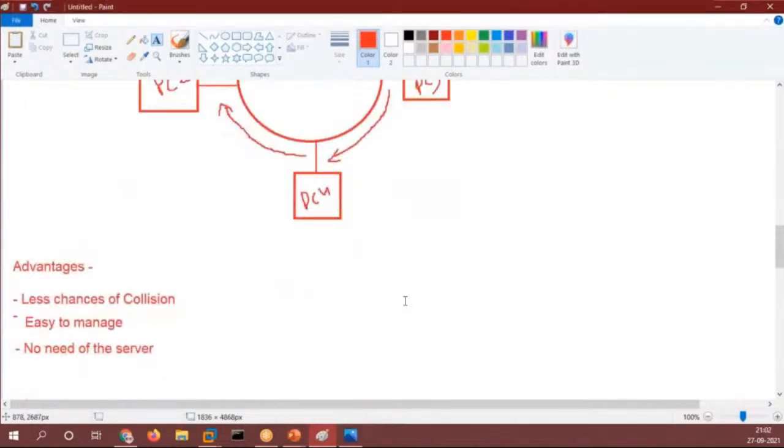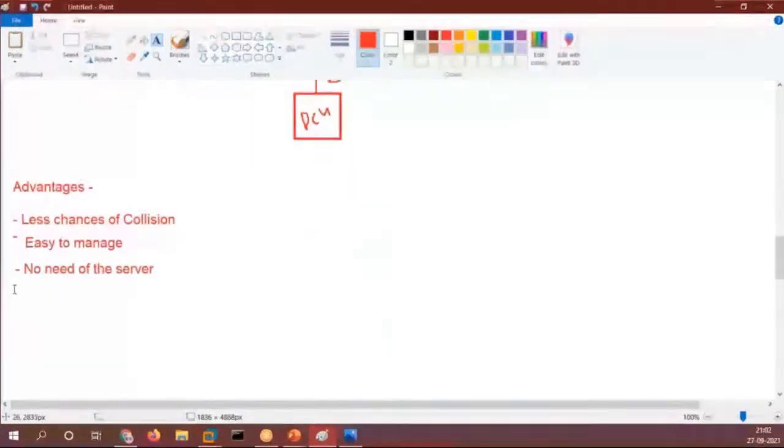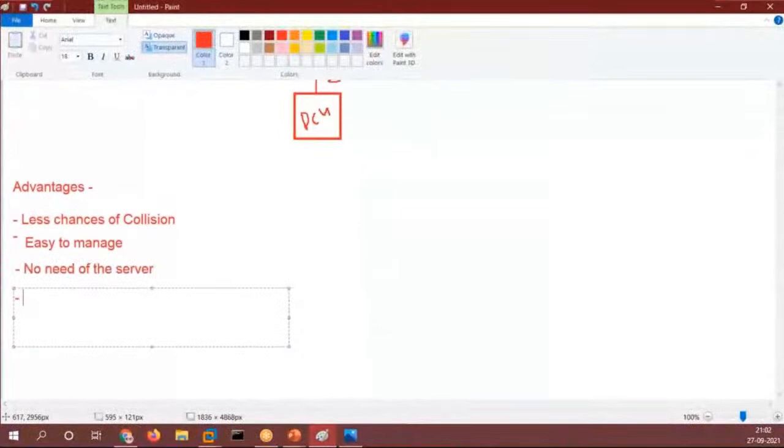Now next thing is easy fault detection, correct, Mr. Raju? Now easy fault detection means, guys, let's say there is a fault in the wire.